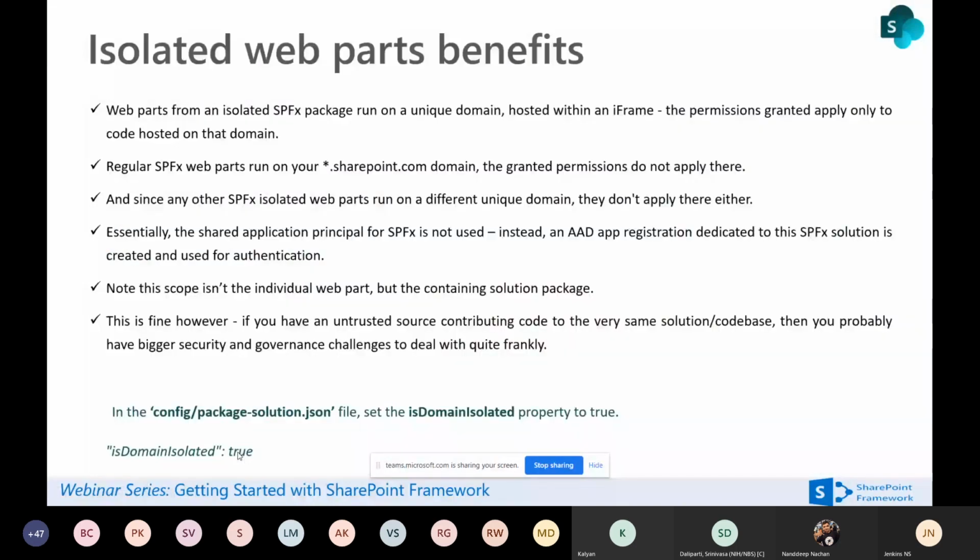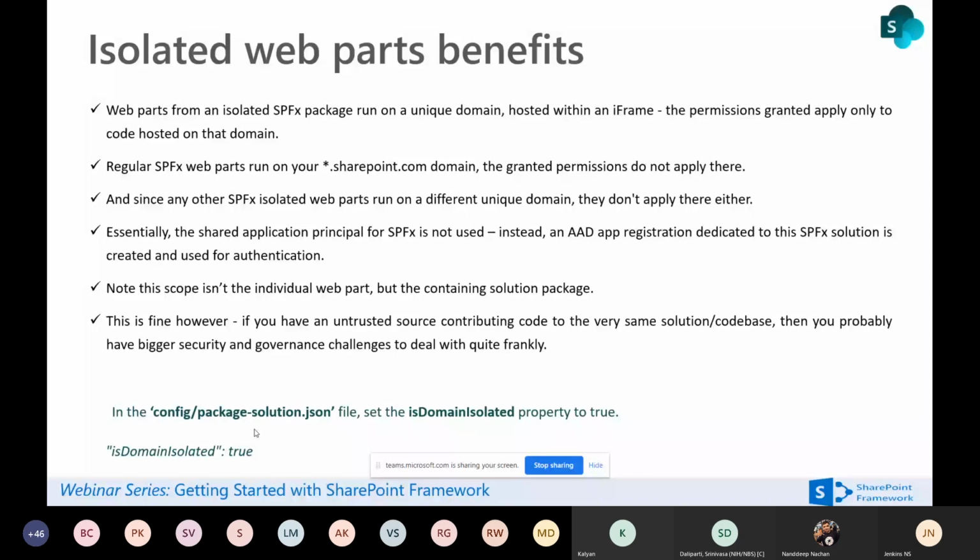It always creates a new unique domain name in that tenant, right? For example, my tenant is jpower4.sharepoint.com. It will create a new unique domain name under .sharepoint.com, and it maintains an iframe control and manages your application with that particular permission. Outside that web part, that granted permission is not available. Only for the particular one. Let's say you mention domain isolated, then your web part executes from a unique tenant-level domain. Okay, it's totally a unique web part. It's not integrated into your application. I will show on my screen how that output looks.